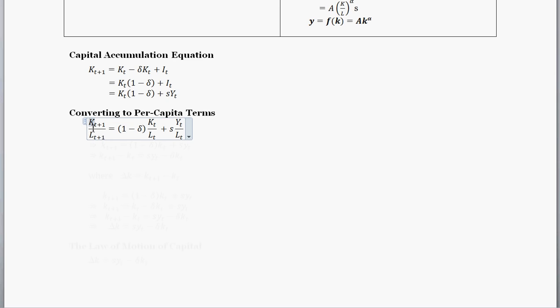What we're going to do is divide both sides of this equation by the same thing. The labor force is assumed to be constant, it doesn't change through time in this version yet. So k sub t plus 1 divided by L sub t plus 1. Basically, we could both divide